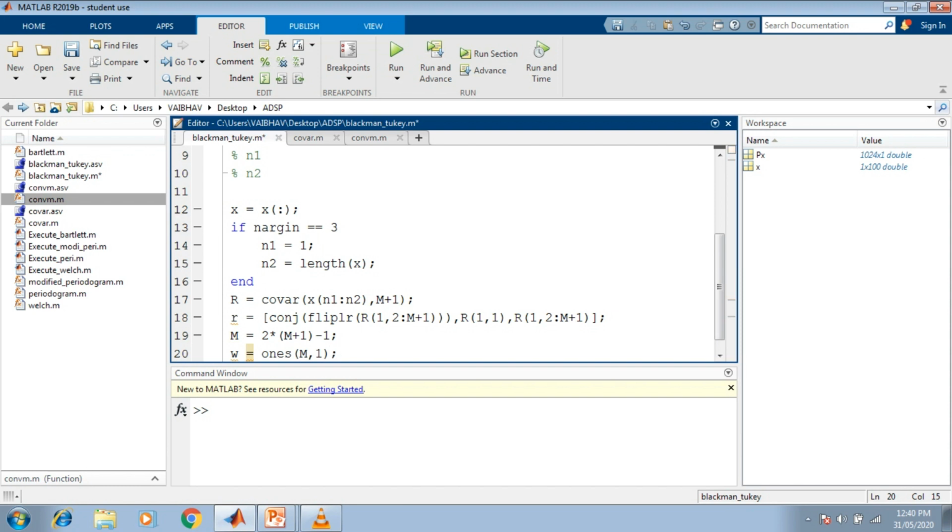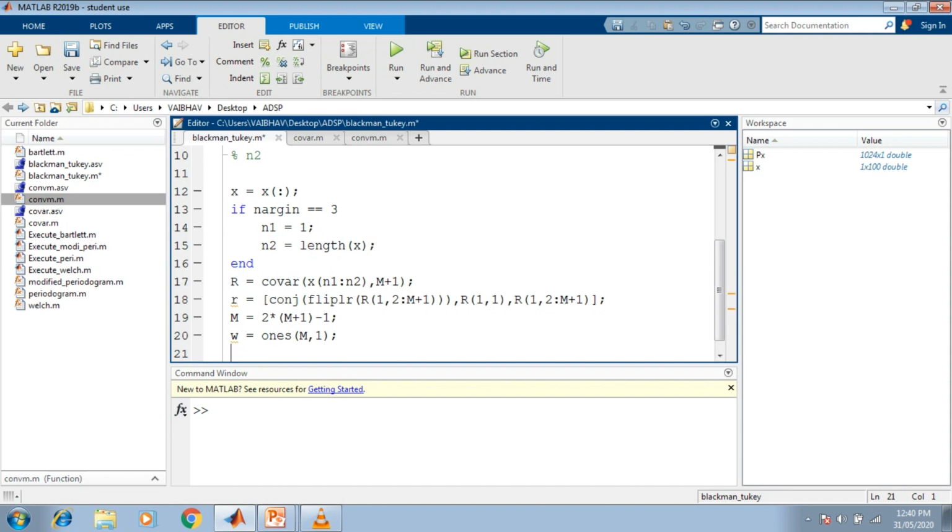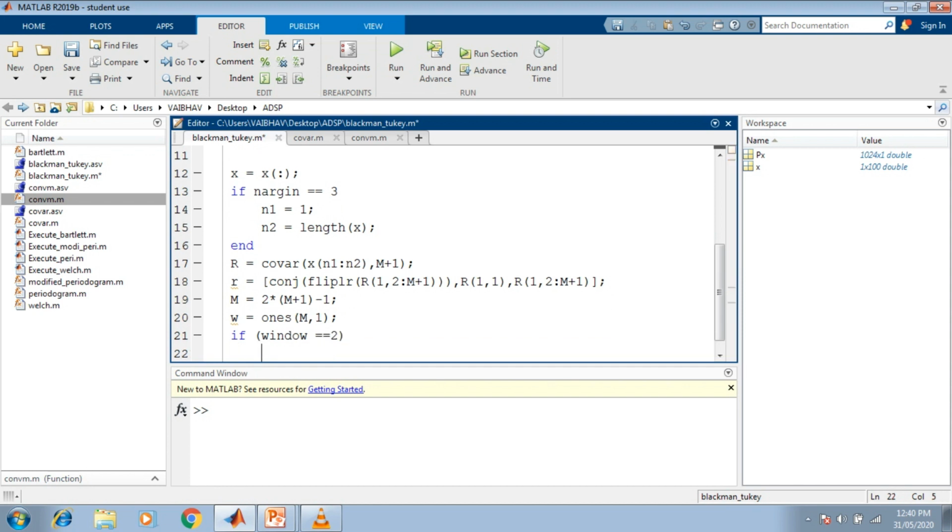Now after pre-declaring the window function denoted by W, we go further, and by the next line we mention the conditions for which particular window is to be selected. For that purpose, we make an if statement. In the if statement, we write the input argument named window, and if it is equal to the value 2, then for the W variable we provide the Hamming window.